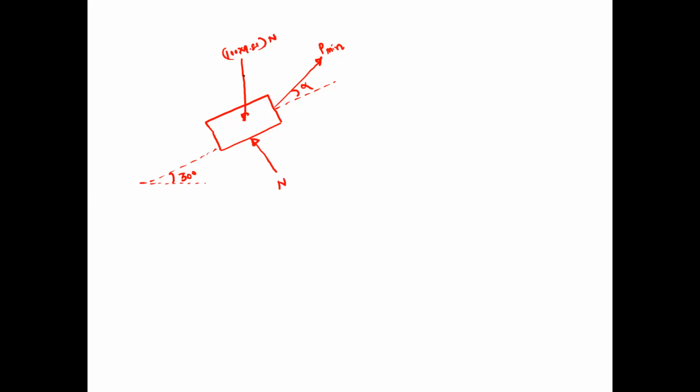As the impending motion is in the upward direction, this is the impending motion, and therefore its friction will be in the opposite direction. So this friction F is equal to mu N, where the coefficient of friction mu is equal to 0.2, so this will be 0.2 into normal reaction N. So we have to resolve the forces. We can assume this as the x-axis and this is the y-axis.